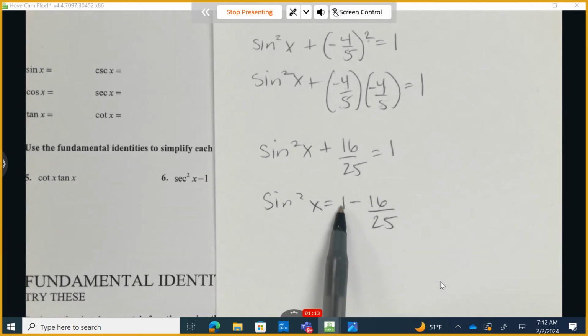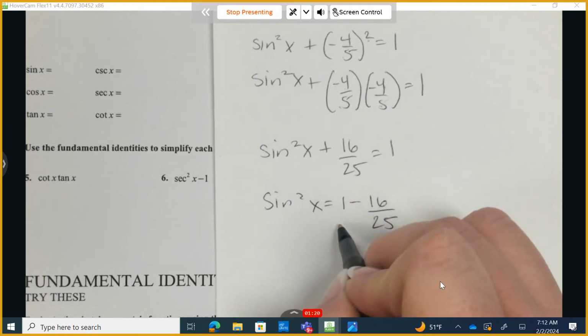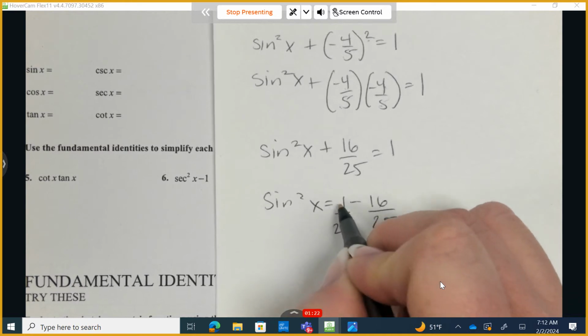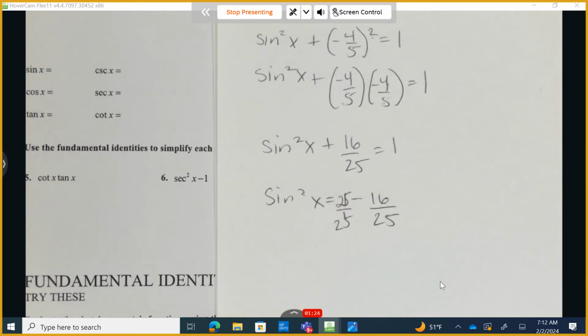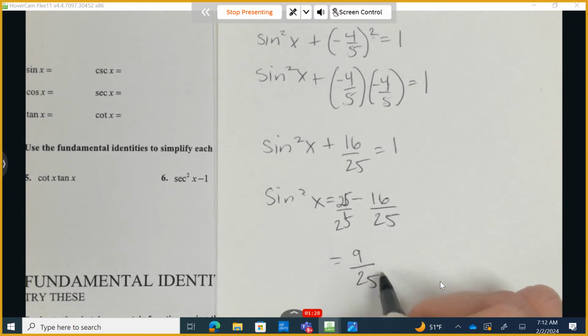Absolutely. So how can I rewrite 1? How can I rewrite the value of 1, keeping that same value, but as a fraction? Well, I know that I can write it as 25 over 25. 25 over 25 is still 1. 25 minus 16 is 9. I have 9 over 25 equals